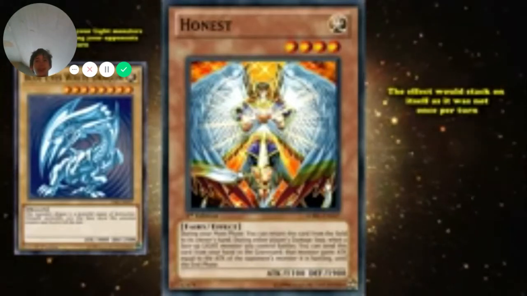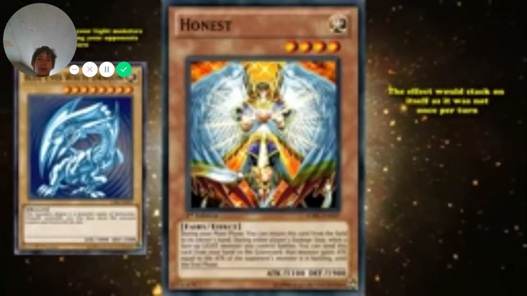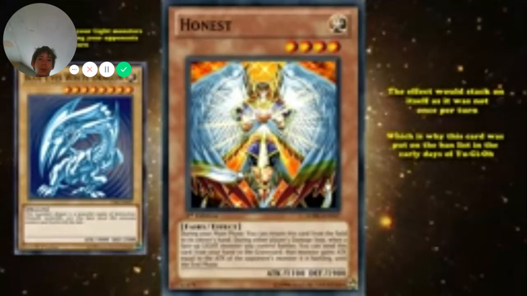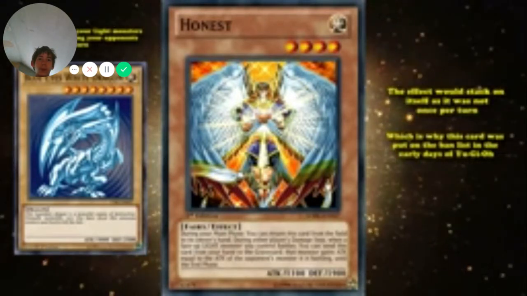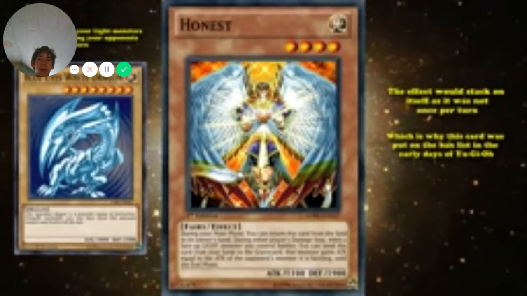on itself, as it wasn't once per turn. So if you had 3 Honest effects during the same battle phase, they would all just stack on top of each other, which is why this card was put on the ban list in the early days of Yu-Gi-Oh! That way people can't get lucky wins if they happen to draw 3 copies of Honest. And since the effect